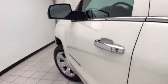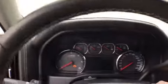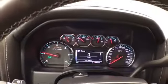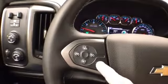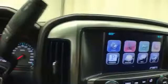This LTZ has keyless entry with remote start, power windows, locks, mirrors, memory settings for 2 drivers, power seats, power adjustable pedals, and a tilt and telescopic steering wheel to put you in that perfect driving position. Gauges with driver information system controlled by buttons on the steering wheel, cruise control, leather wrapped steering wheel which is heated, great for those cold winter days, 6-speed automatic transmission with manual shift capability as well as tow/haul mode,